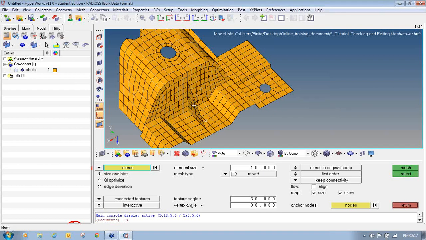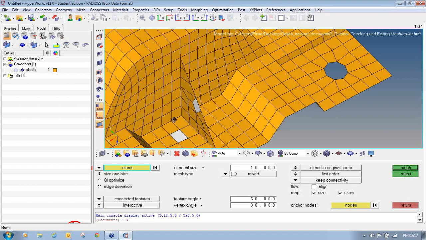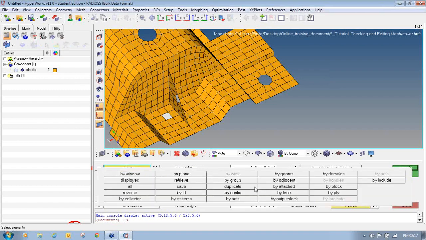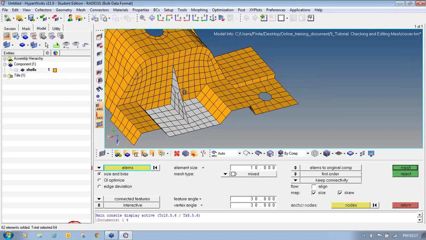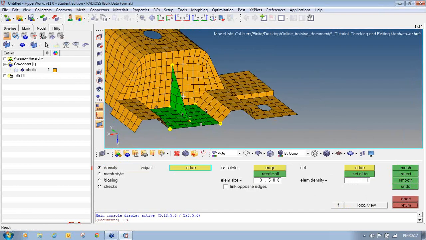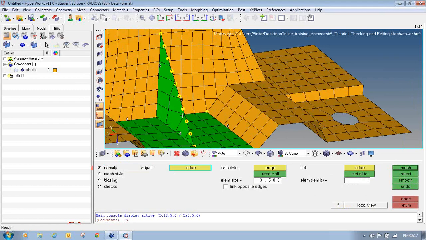Click on any one surface elements along on this rib and base surface. Then click on elements and say by face. So it will select all the elements which is coming on this face. Now change the element size to 3.5 for this particular model. And then click on mesh. Once you click on mesh, it will generate the meshing,